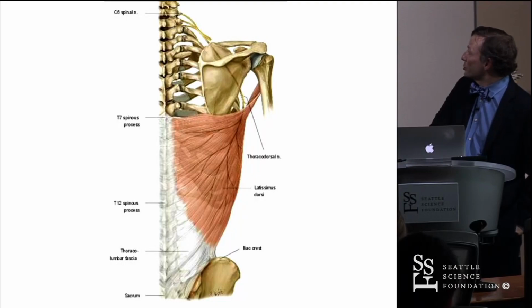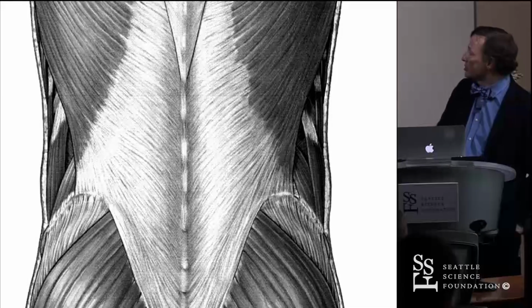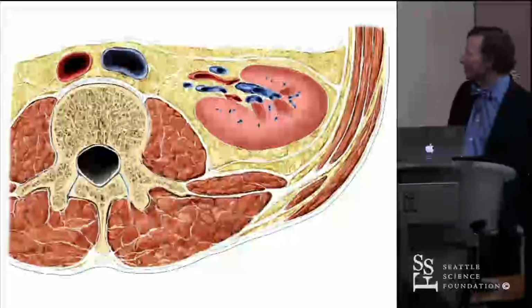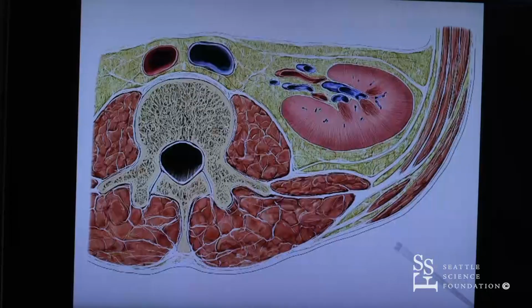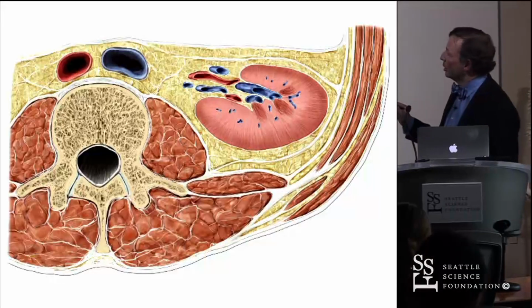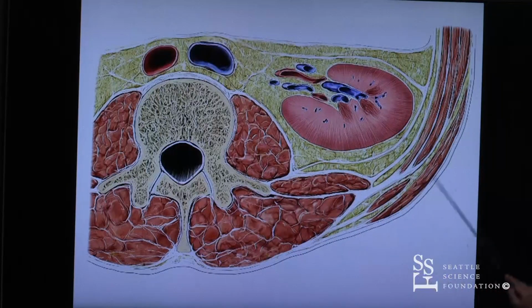There's our thoracodorsal nerve. Now, this thickened fascia, thoracolumbar fascia, is best appreciated if you look at a cross-section through the lumbar region, and you really just see this in the lower thoracic and lumbar region, and it thins out as you go more cephalad. But if we say, here's our spinous process, here's our transverse process,